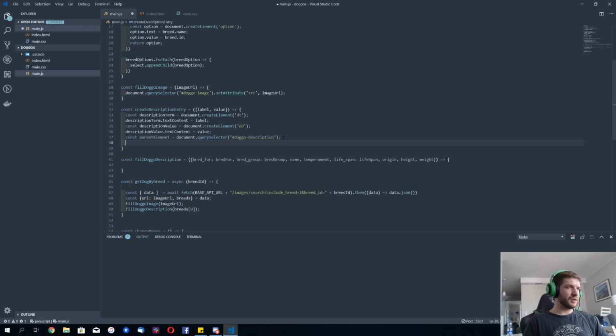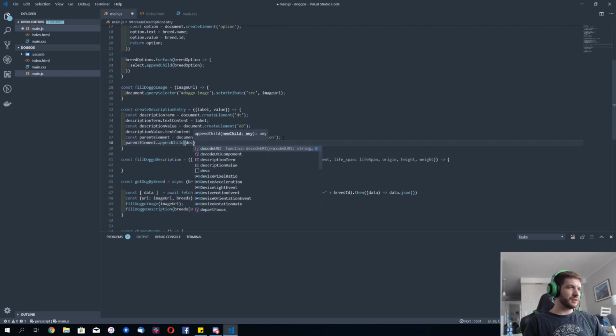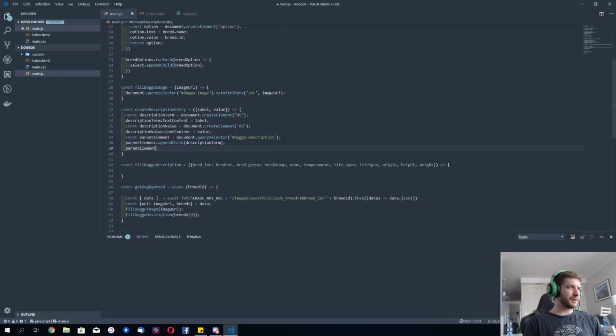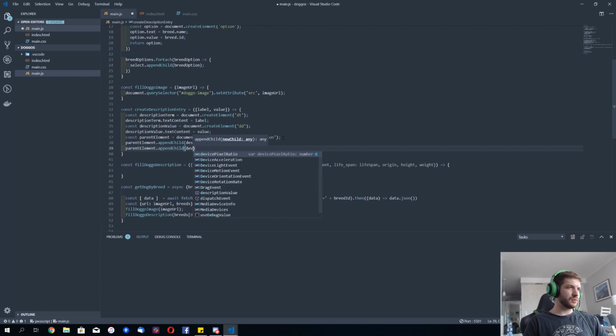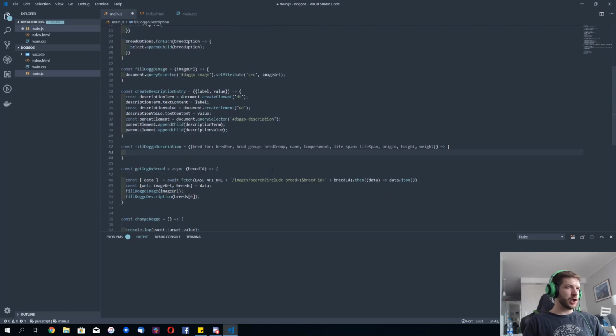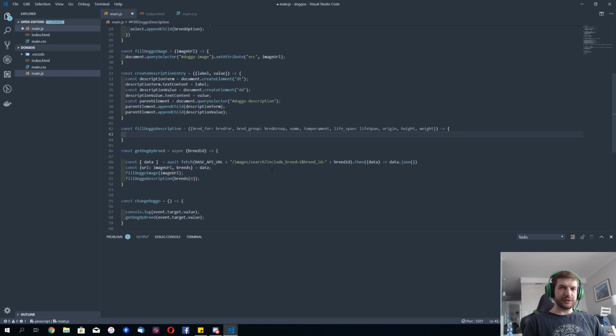Okay, and here we can just call parent element append child description term and parent append child description value. Okay, so we have that, and now I can just say create description entry,